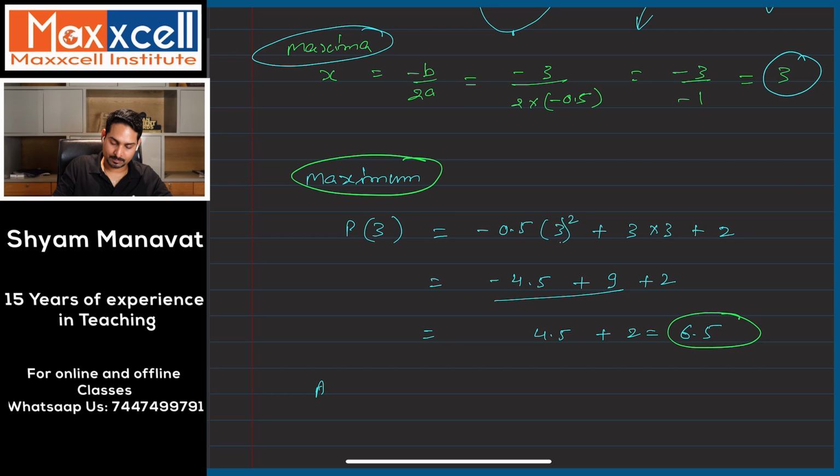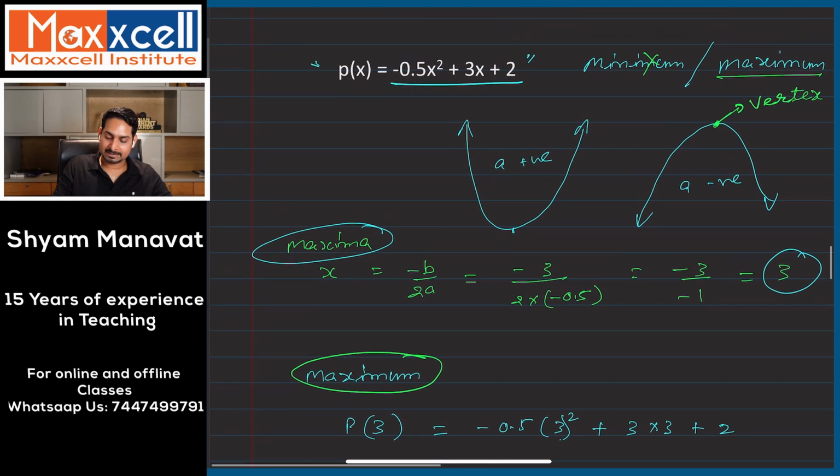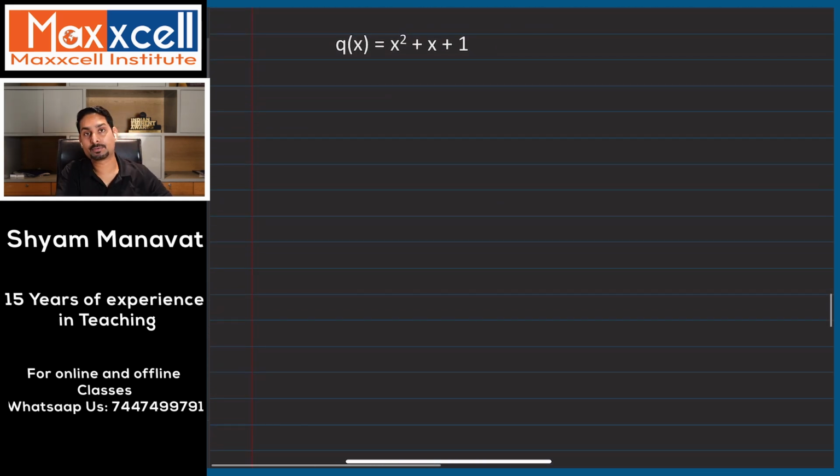तो your maxima is 3 and maximum is 6.5 for this particular question. Okay, easy है. चलो एक और करके दिखाओ, ये करके दिखाओ. Pause this video and now you try this. You try this. So I hope you understood in the quadratic function, if you want to find out maxima or